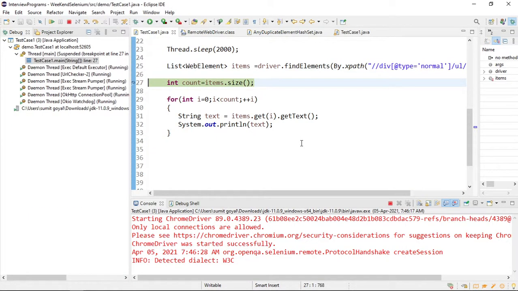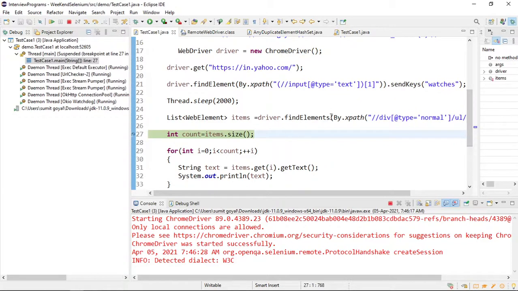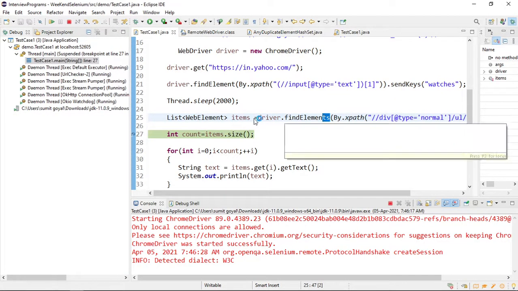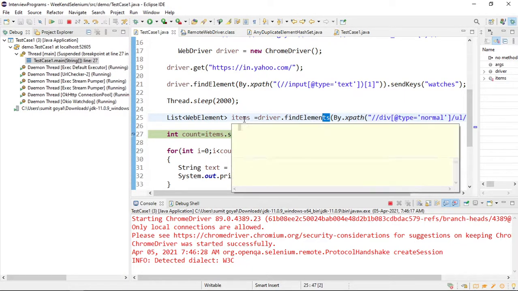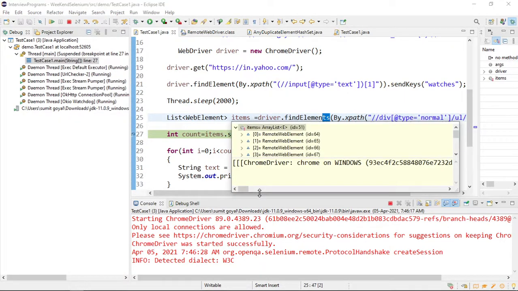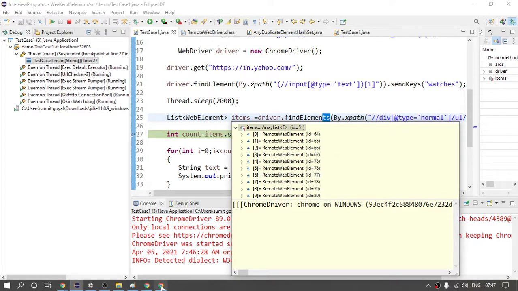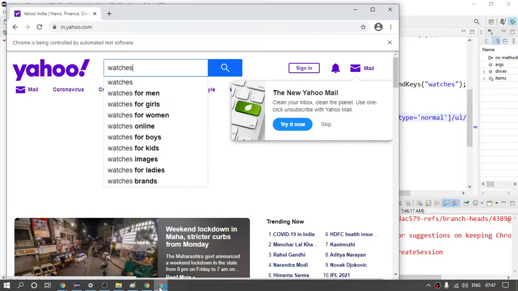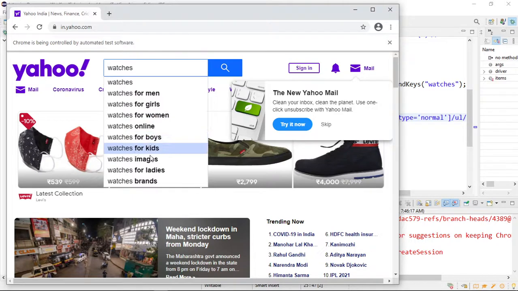Now once it has opened the result, this will capture all the results because I have written the XPath in such a way. You can see how it has captured the result. Total it has captured 0 to 9, because if you see, total 10 elements are here: 1, 2, 3, 4, 5, 6, 7, 8, 9, 10.